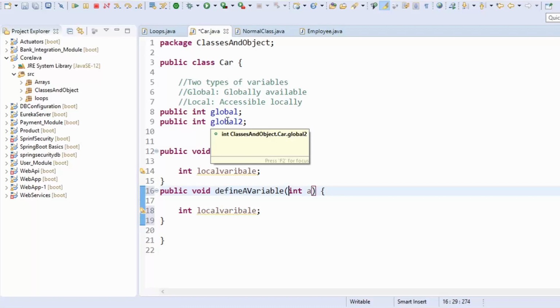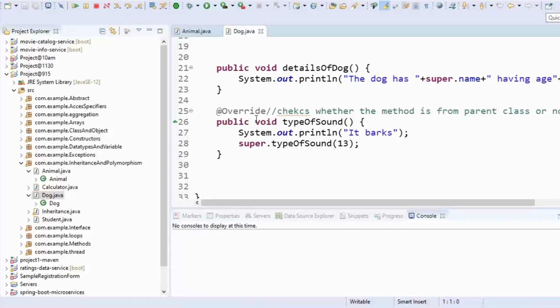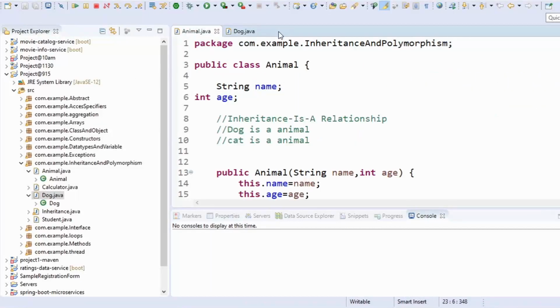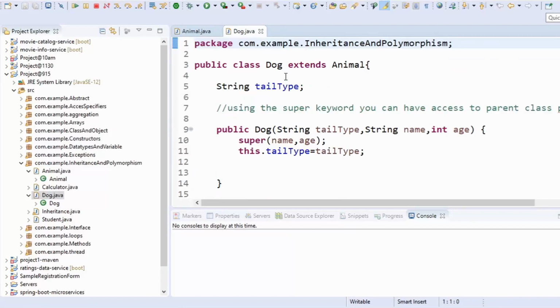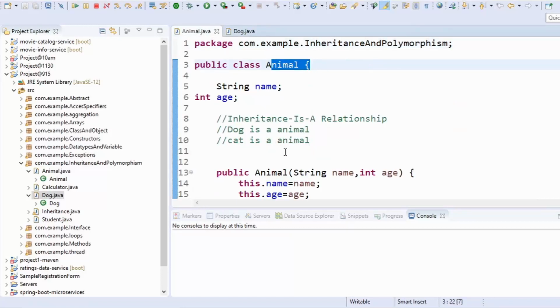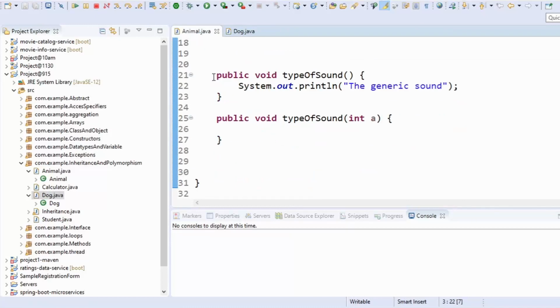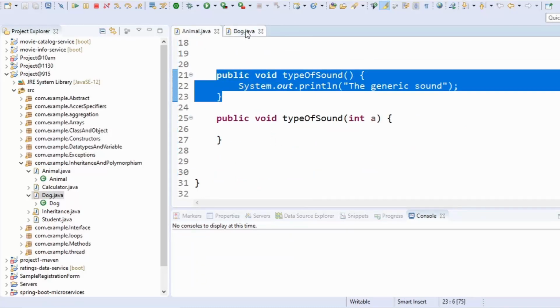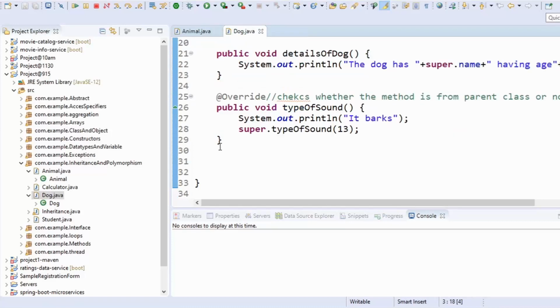Similarly, if I talk about method overriding, you can see this is an example where the class is Animal, and then we have another class which is Dog. Dog is extending the Animal class. In the Animal class the method name is, let's say, type of sound, and here as well we have a method called type of sound.